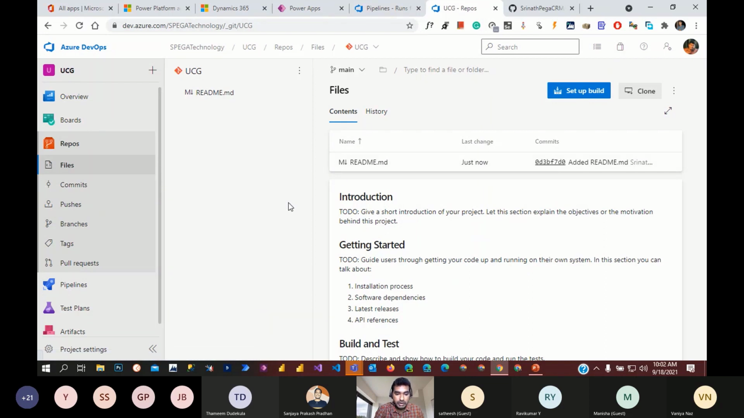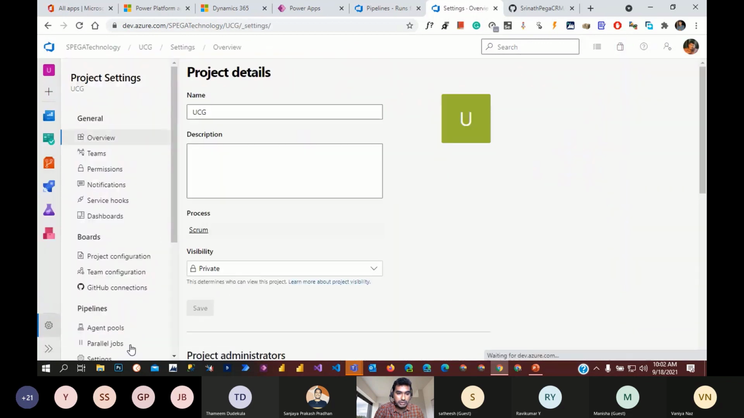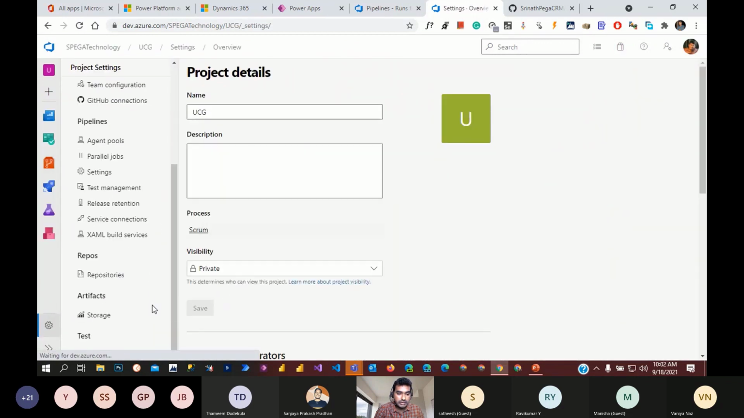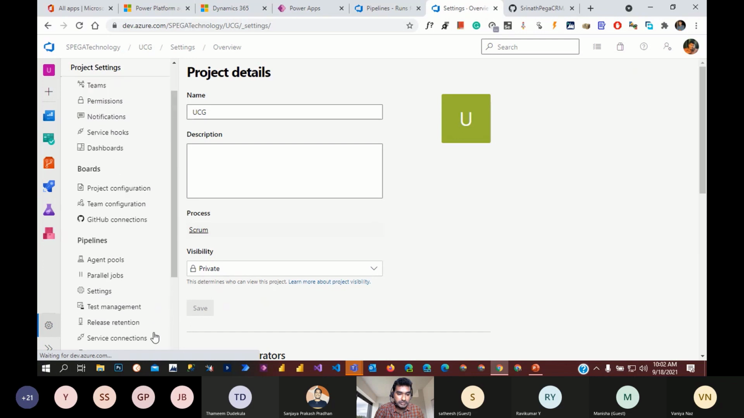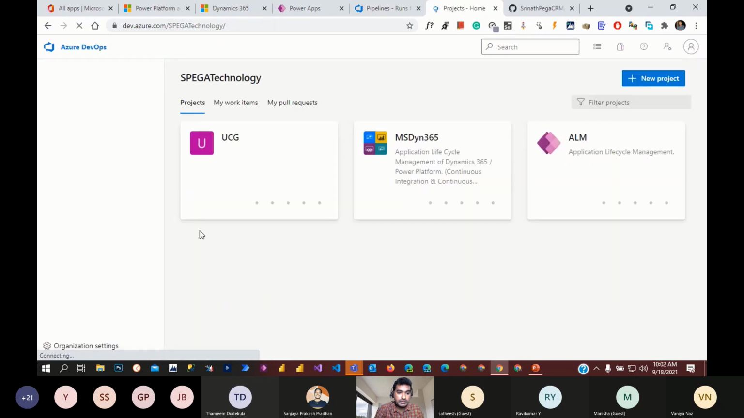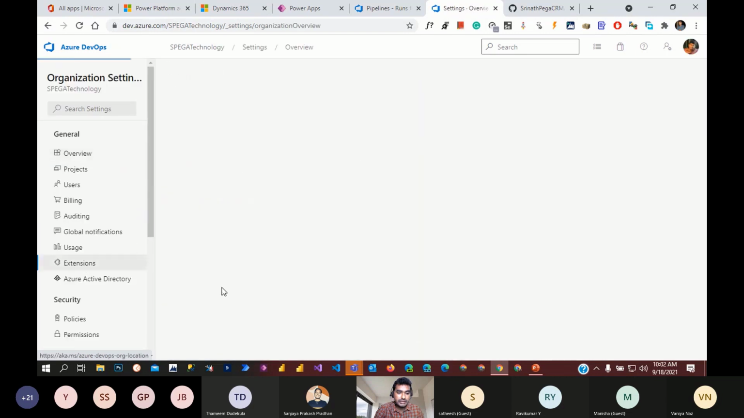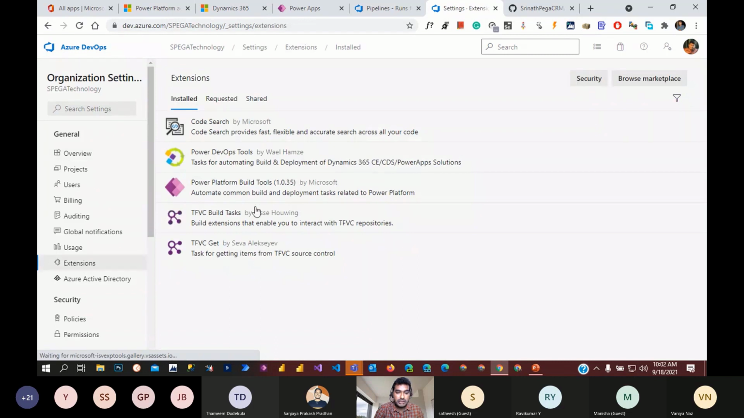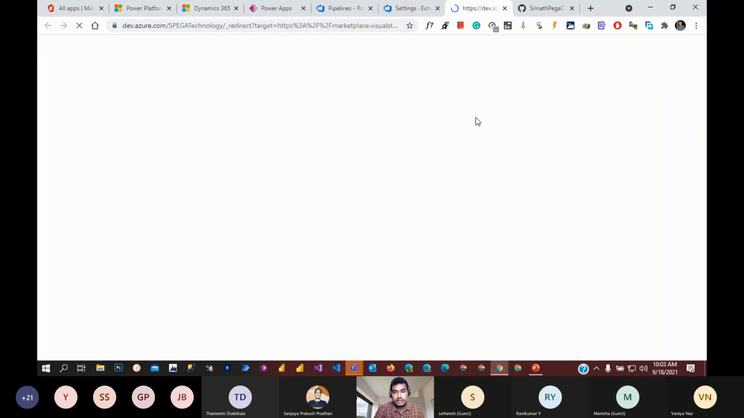For that pipeline, we need to have Power Platform build tools. For that, go to project settings and click on extensions. Okay, go back to organization, click on organization settings, go to extensions. Actually, my organization already has these build tools installed. When we create it the first time, we will never see this. Go to browse marketplace,